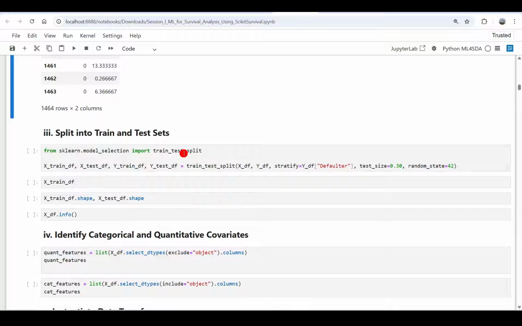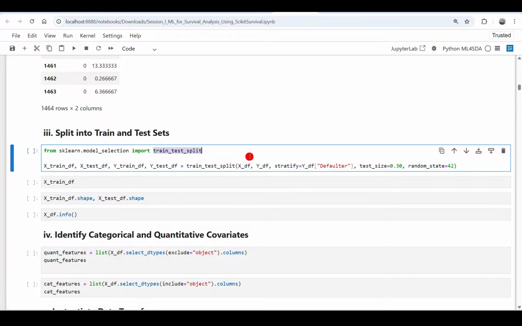So for this purpose, we need to import the function train test split from sklearn model selection. Then we can apply this function just giving the covariates data frame, the outcomes data frame, and here instead of making a completely random split,